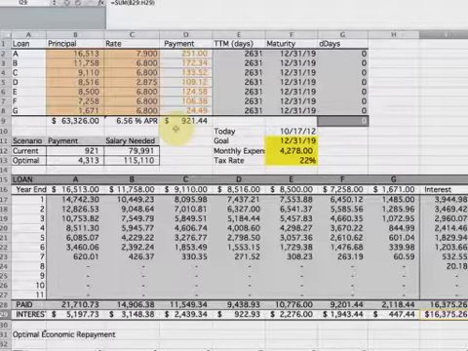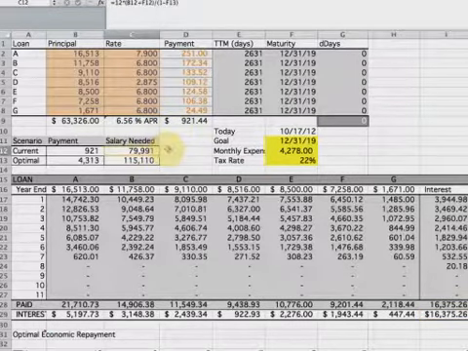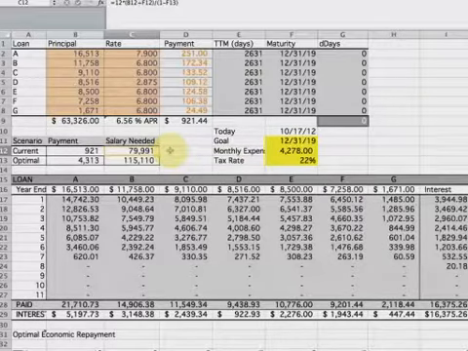All right, the next component that I'd like to show you is based on this repayment scenario with a monthly budget of $4,278 and an effective payroll income tax rate of 22%. We can calculate the salary we need to pay for all of this repayment and all of our monthly living expenses. And that turns out to be just shy of $80,000. Now, below,